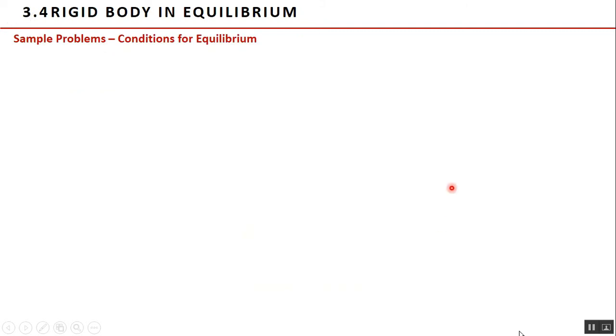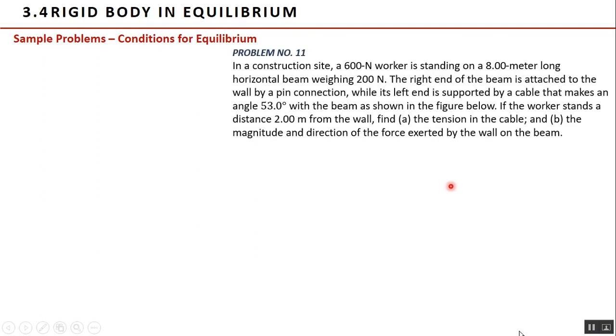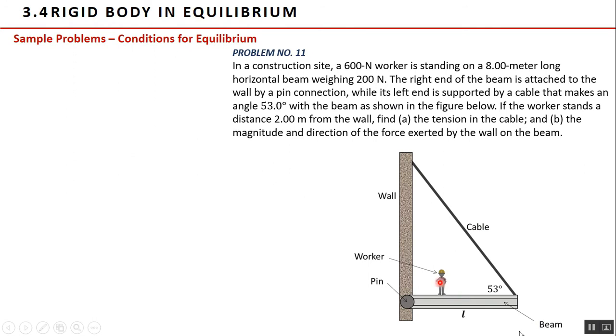In problem number 10, the support only exerted a vertical reaction, since there are no horizontal forces acting on the seesaw. In this problem, we shall see a pin support, which exerts both horizontal and vertical reactions. Problem number 11. In a construction site, a 600 newton worker is standing on an 8-meter long horizontal beam, weighing